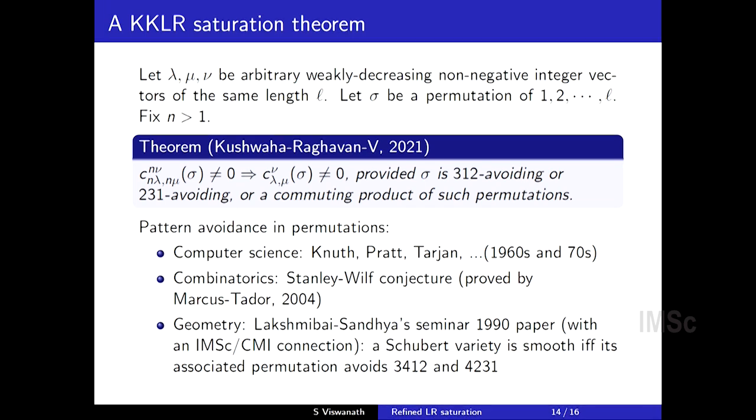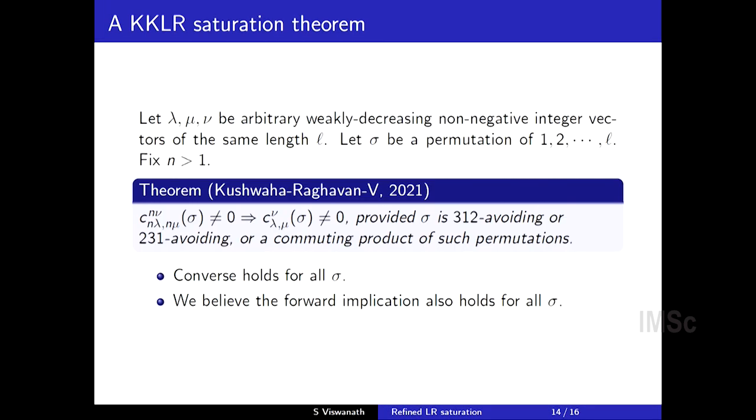It turns out that pattern avoidance stemmed from original work of Knuth, Pratt and Tarjan in the computer science literature. In fact, the ones they talked about are called stack sortable permutations. They are exactly the 2, 3, 1 avoiding permutations. It also comes up in other things, the Stanley-Wilf conjecture, and the connection here is the seminal paper of Lakshmibai and Sandhya, where they related a geometric property, smoothness of Schubert varieties, to something which comes from pattern avoidance. Just want to say the converse again holds for all sigma,